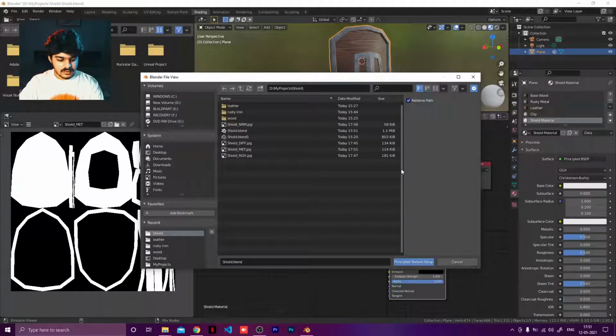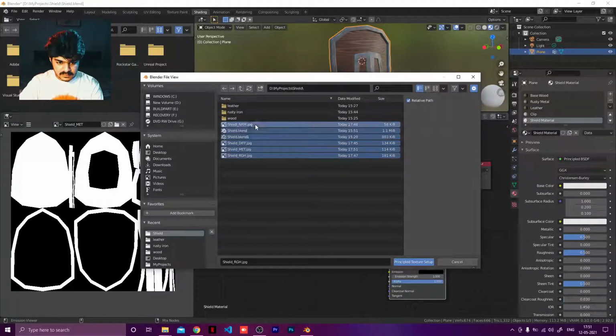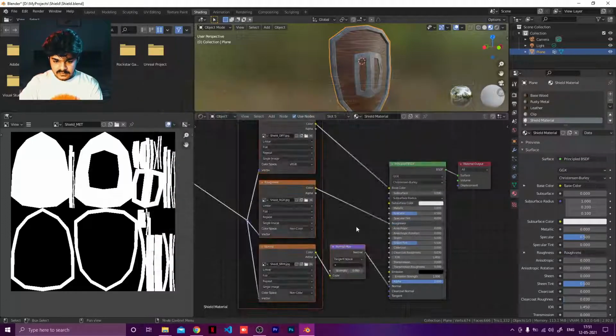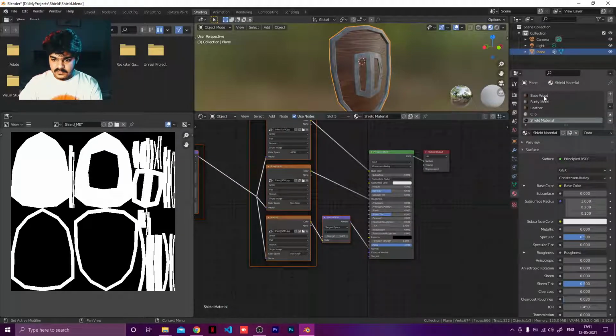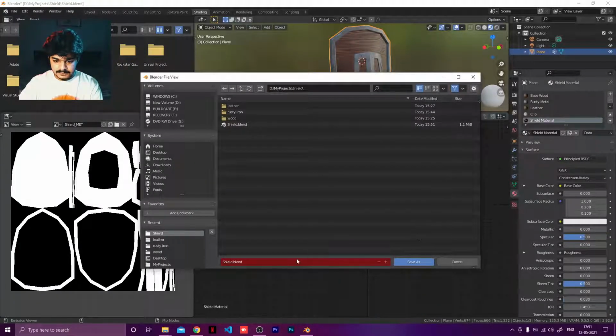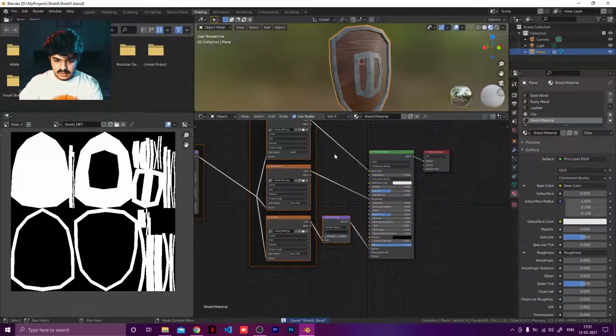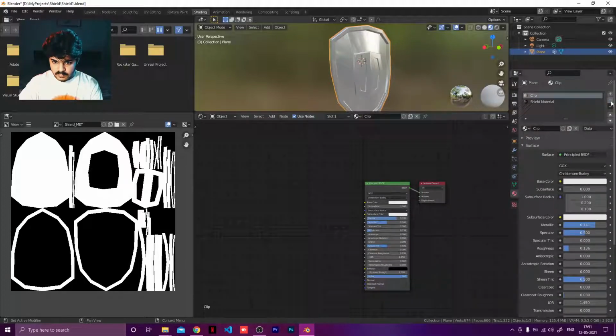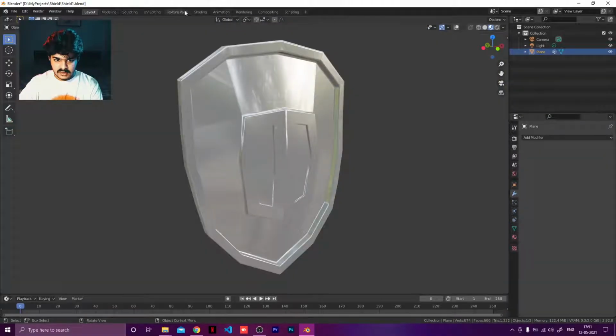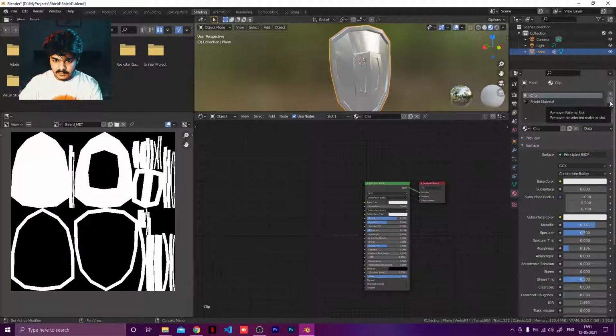Shift Alt Control Shift T for Node Wrangler add-on. I want all of these, okay, not these. And Principled BSDF setup. Hopefully it is done and it is working. Let me save it one more time and just put plus, so we have shield 1 going on here. Save. And now once it is done, we are just going to remove all the other materials, and hopefully this last material, once it is removed, is going to work. Let's hope for the best.